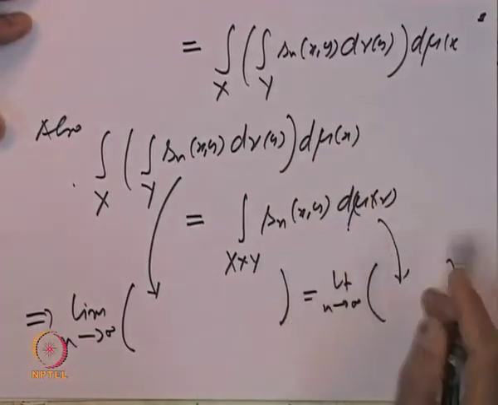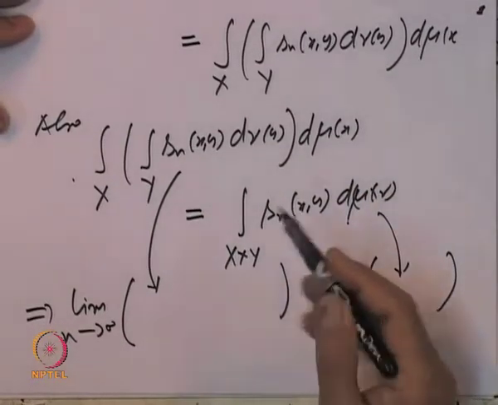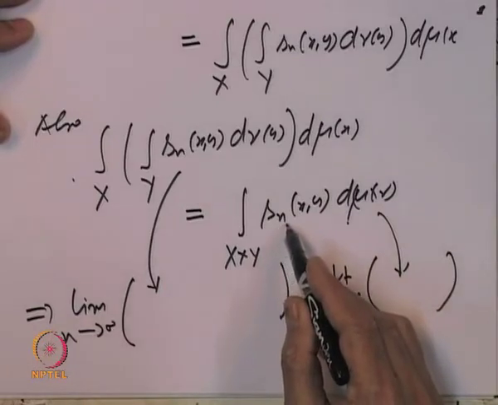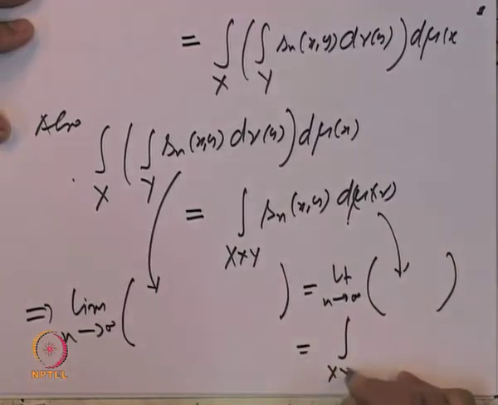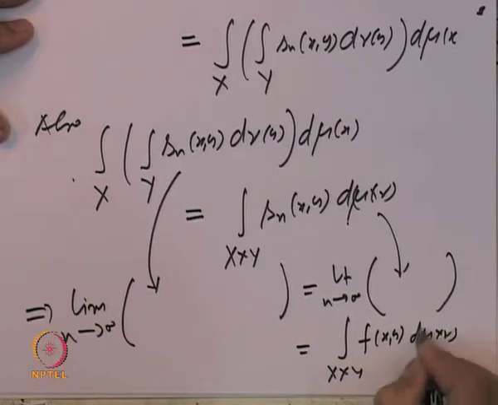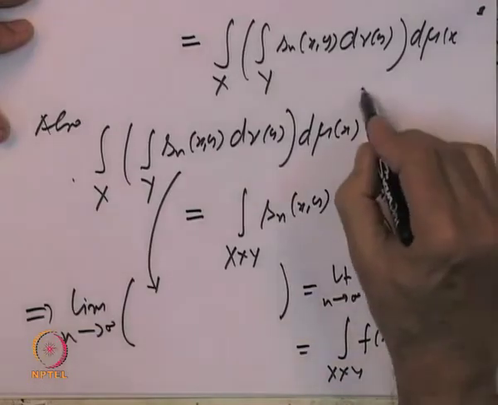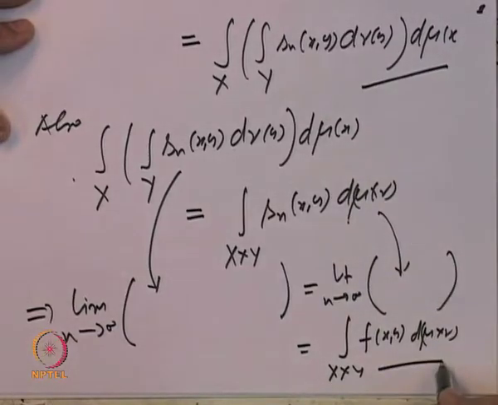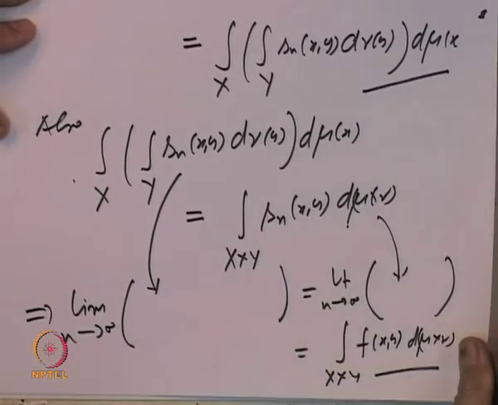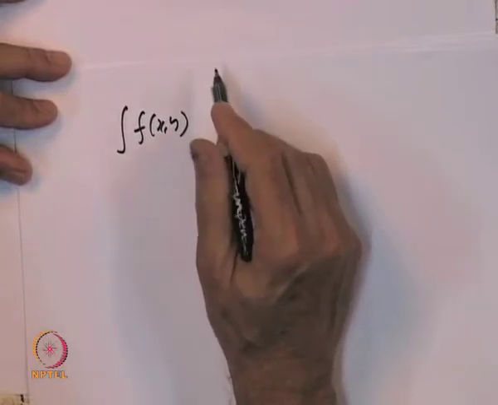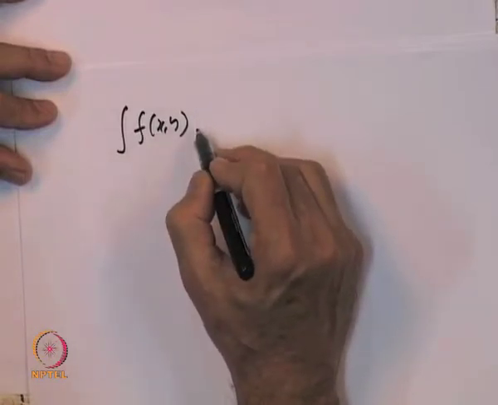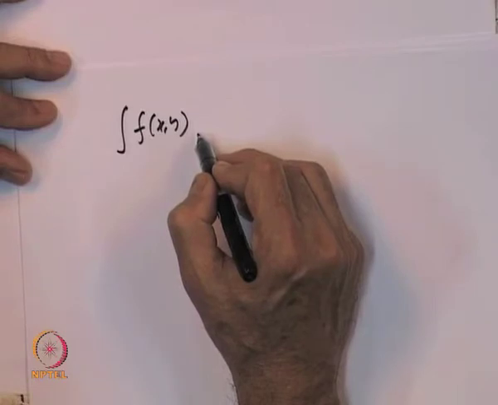And what is the limit of the right hand side? S n is a sequence. We have already seen that S n is a sequence of non-negative simple functions increasing to f. So, this must be equal to the integral over x cross y of f x y d mu cross nu. So, that proves that step 3 proves that the integral of f x y with respect to